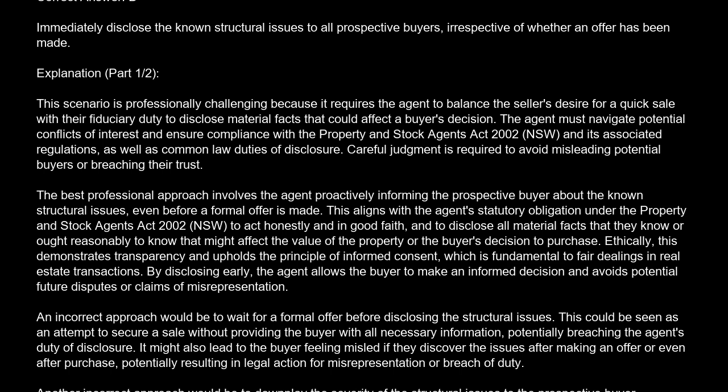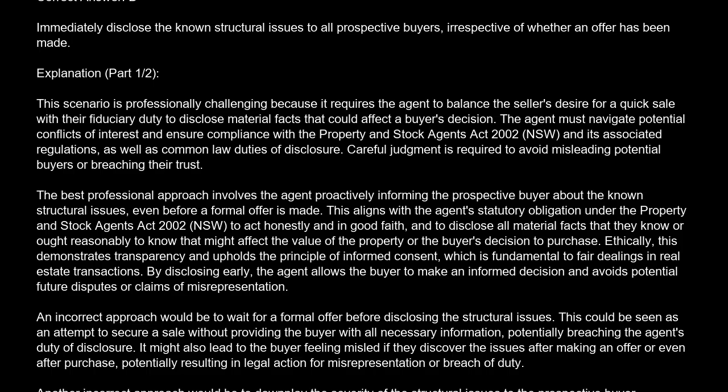This aligns with the agent's statutory obligation under the Property and Stock Agents Act 2002, NSW, to act honestly and in good faith, and to disclose all material facts that they know or ought reasonably to know that might affect the value of the property or the buyer's decision to purchase. Ethically, this demonstrates transparency and upholds the principle of informed consent, which is fundamental to fair dealings in real estate